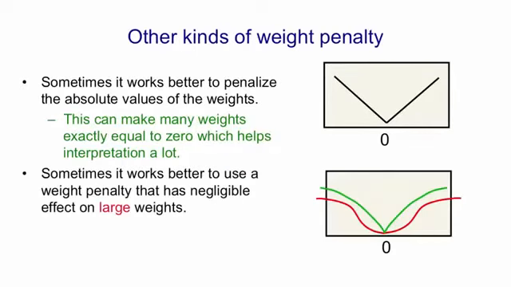We can also use weight penalties that are more extreme than L1, where the gradient of the cost function actually gets smaller when the weight gets really big. This allows the network to keep large weights without them being pulled towards zero. It's just the small weights that will get pulled towards zero. So we then are even more likely to get nets with a few large weights.